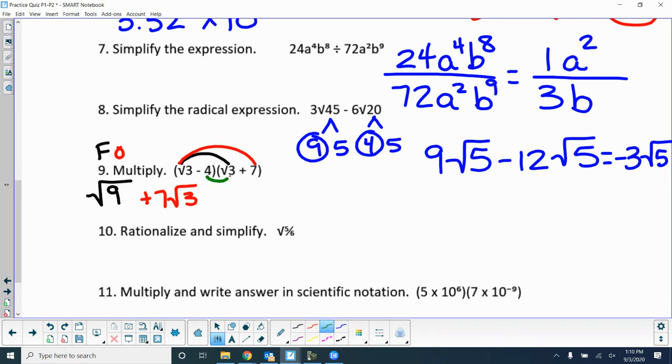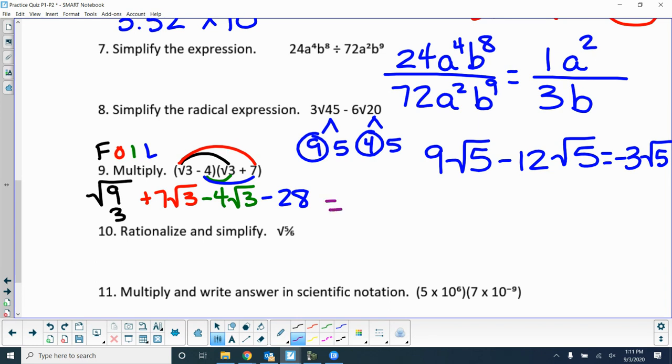Inside are the inside two, the negative 4 times the radical 3, same deal. They're not both radicands, or not both outside, so I just put it out front. And L, oops, gotta do it with my eye for FOIL. And L is for last, that's these two, the last in both. Negative 4 times 7 is a negative 28. Okay, we all know that I should change this to a what? 3, right? Square root of 9 is 3. Okay, so my answer,